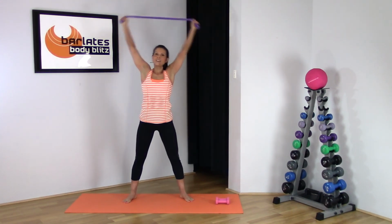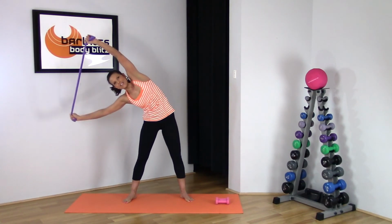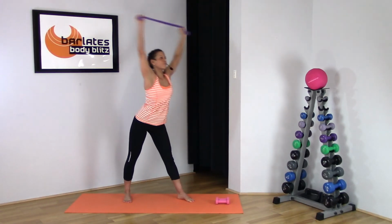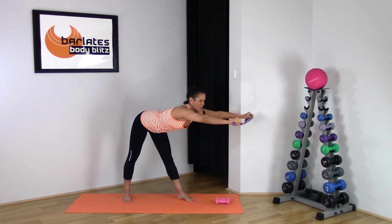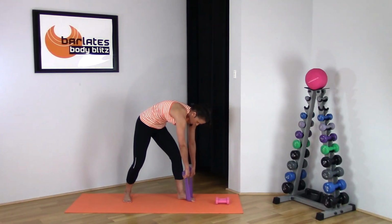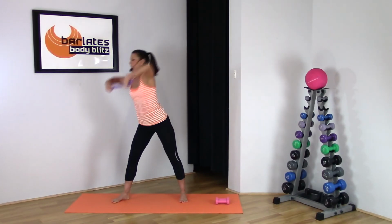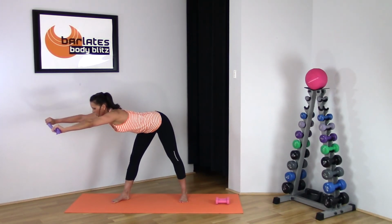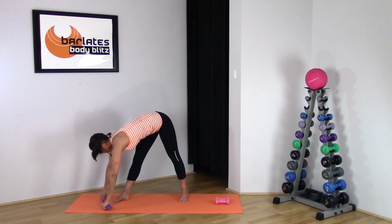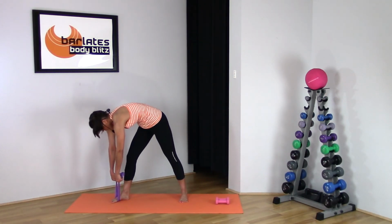Well done. Up overhead, leaning to the side, using that band to really stretch through the waist, and other side, and then leaning forward and really stretching away long, and then stretching down to the ground, stretching out that hamstring, putting the band under your foot and using the band to stretch up through your back, pulling up all the way, pushing your shoulder blades apart, then coming back up, and other side, bending forward, stretching away long, down to the ground, stretching your hamstrings, band under your foot and rolling up through those shoulders